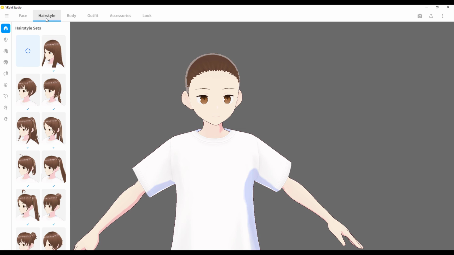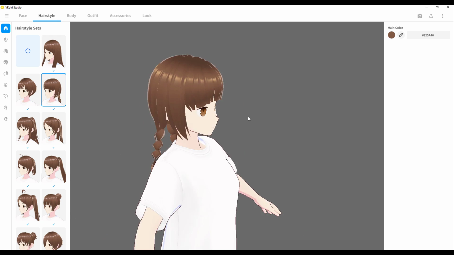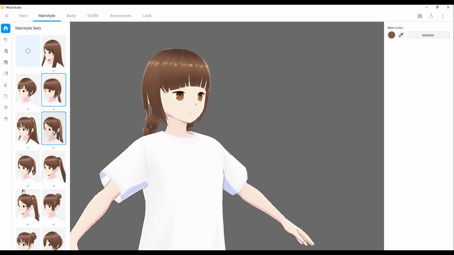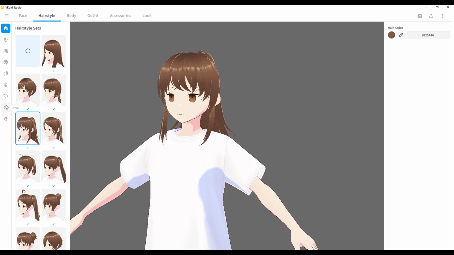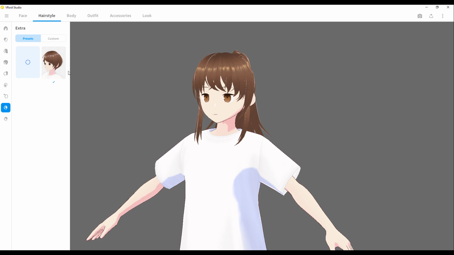Now for the hairstyle, there's a couple of hairstyles that you can get with this. And you can also notice that right around here, we have various sections of hair types and hair extensions that you can add. So you can choose to select a hairstyle like so. Not looking bad. Actually, let's get this one, or maybe we can get this very anime-like one. Awesome. And then we can proceed to add some extras if you would like to add some extras.